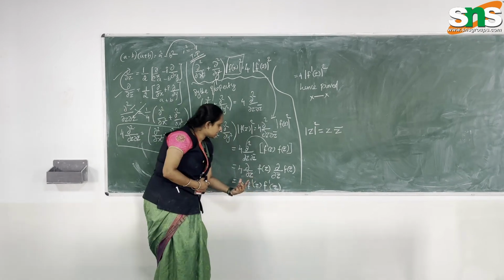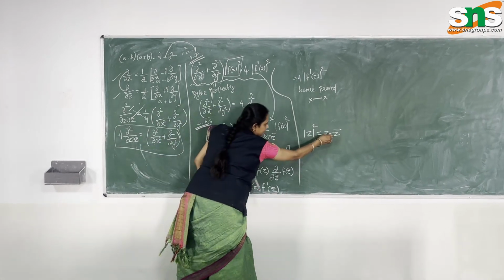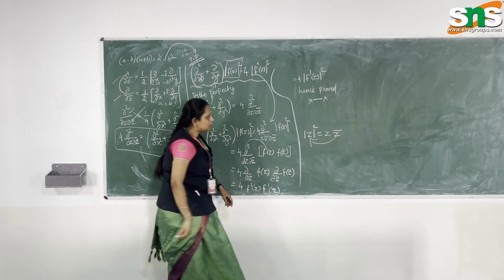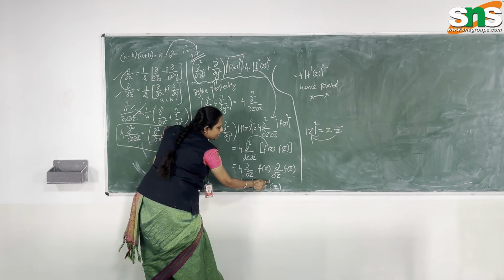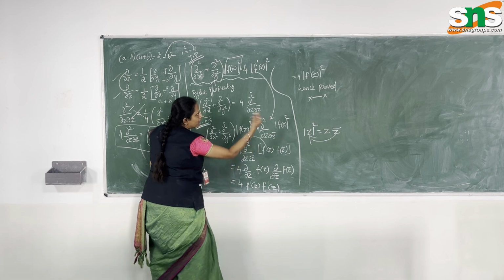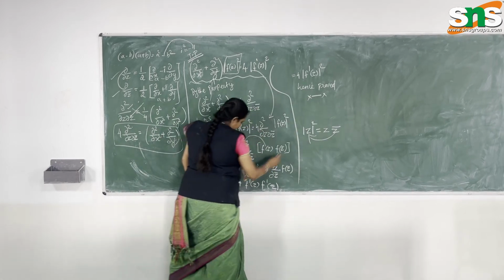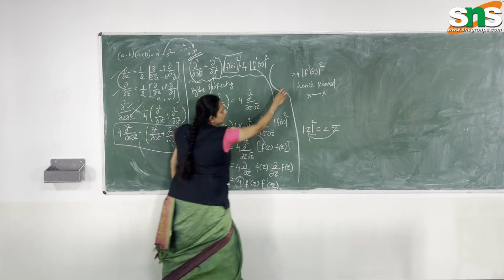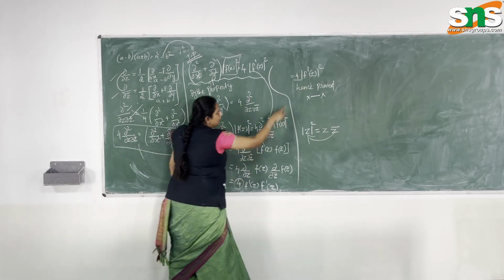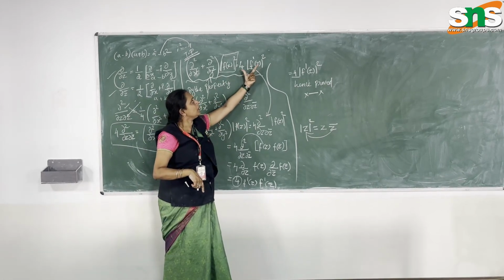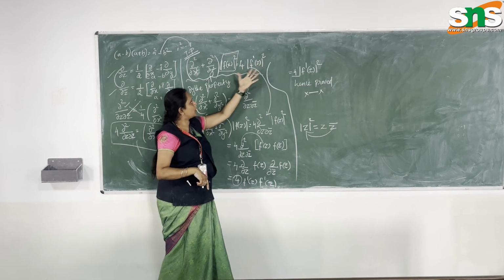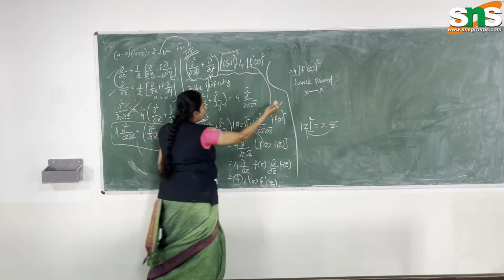So this is f dash of z and f dash of z̄. We have to write that as 4 modulus f dash of z square. That is our right hand side, 4 into f dash of z the whole square. So here we have to prove the